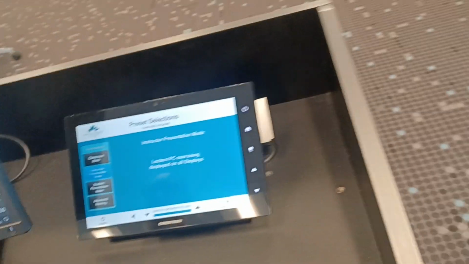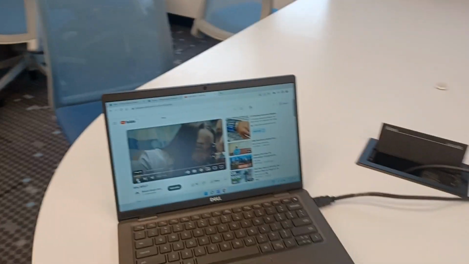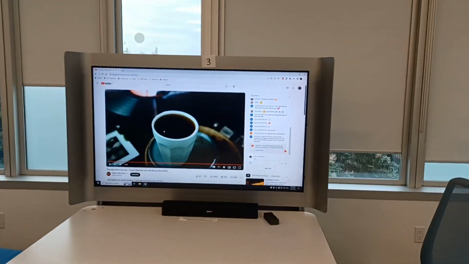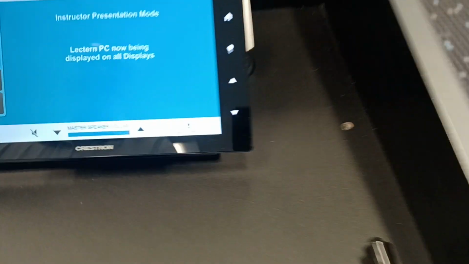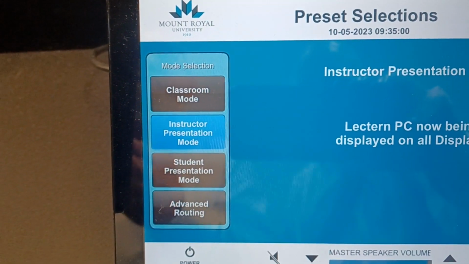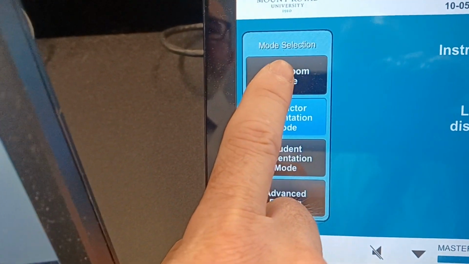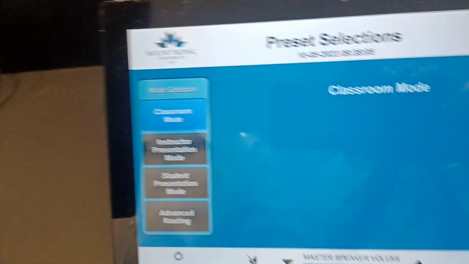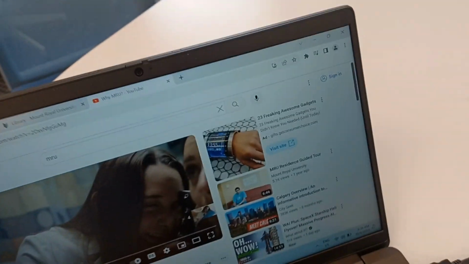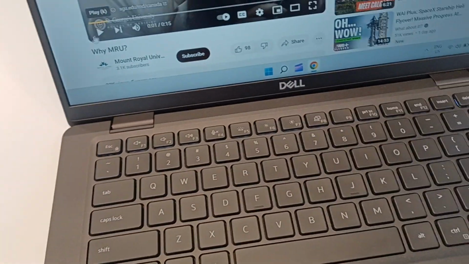That's right. Okay, now I have a YouTube on this computer that now I want to present only to myself, only to my one. To the pod, yeah. To the pod. So when students are working at their tables with a laptop and they just want to have their laptop showing on their display, that's called classroom mode. So in classroom mode, the displays switch, and you will see the laptop image for the table on the table's display. So this one is showing to my table, but it's not showing to anybody else's table. And so now when I play it,